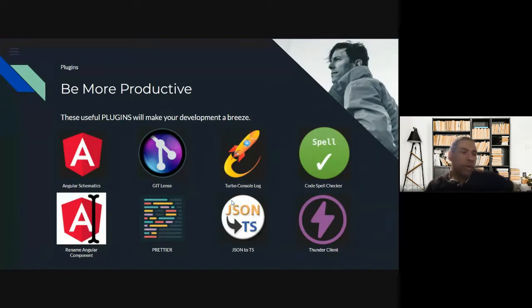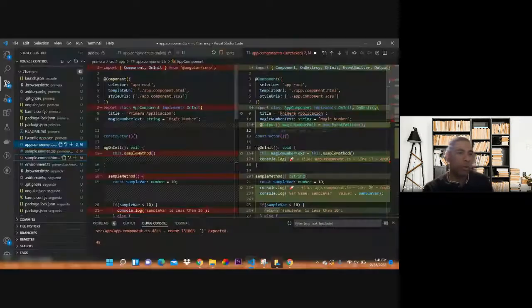We also have Thunder Client, which is sort of like Postman. I don't know if you guys are familiar with that, but Postman is for you to test your APIs. So you can test your get, post, delete, anything that has to do with APIs, you can test them through here. And someone asked me a question yesterday, if Thunder Client does documentation. So I researched it, and yes, it does documentation for you out of the box. So it's pretty good, because you can have it here on your